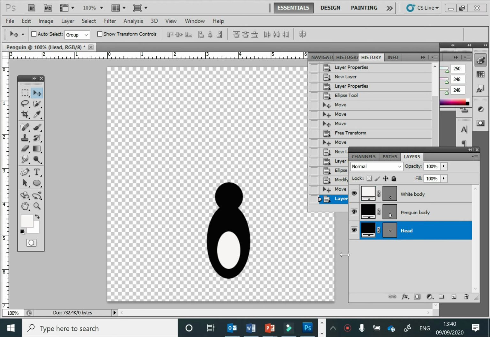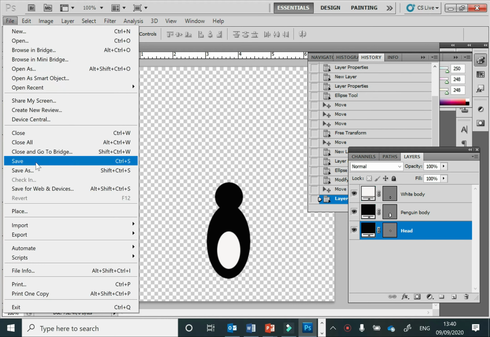It's a good idea at this point to save your work. So you can see up here you called the canvas penguin earlier, but we know we've done work since you set that up because there's a little star here that shows you you've done work since it was last saved. So we're going to go to File and Save As,